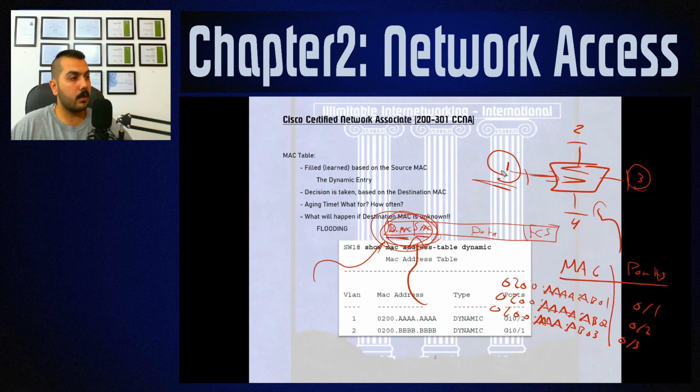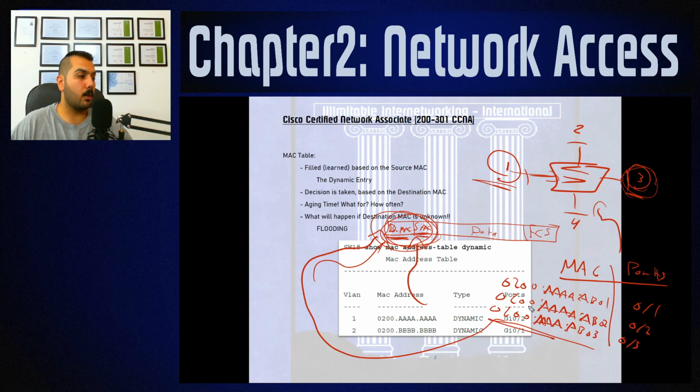When computer number 1 sends a frame, and we have just mentioned that this is a frame, what do the first two fields contain? The first one contains the destination MAC. Who do I want to talk to? I want to talk to computer number 3, and this is the MAC address of it. So I will take this MAC address dynamically and put it in the destination MAC field. The source MAC address, which is me, computer number 1, and this is my MAC address, so I will put